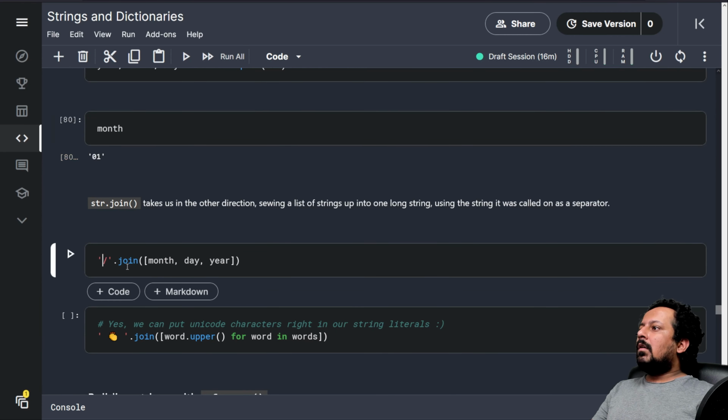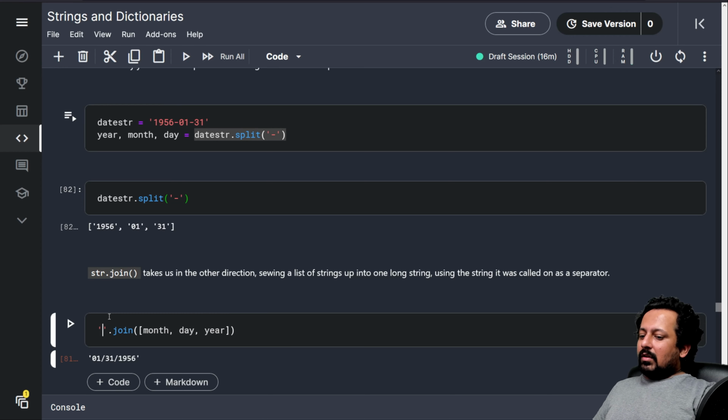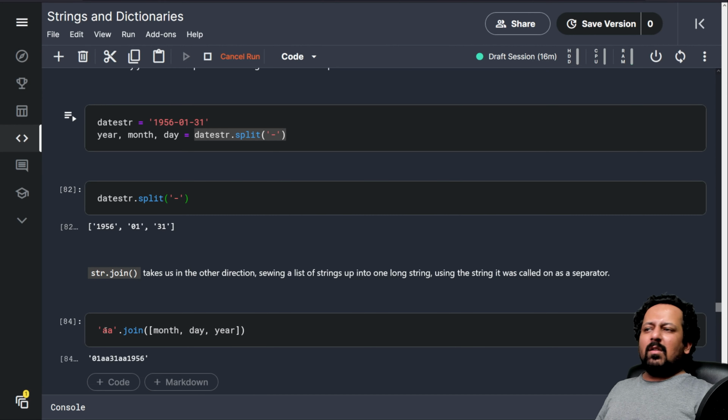When you do some character dot join, you are converting it like this. It can be anything. I can add 3 hyphens, so it will be joined by 3 hyphens, month, day, and year. It can also be an alphabet or any character. So 01, AA, 31, AA, 1956. I can also add some spaces if I want to.